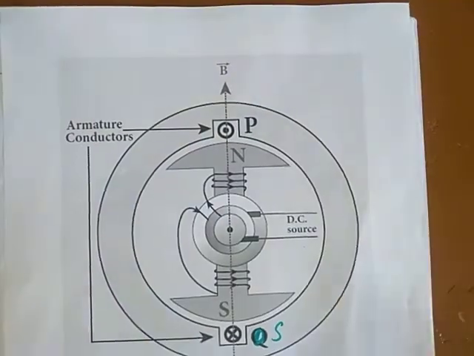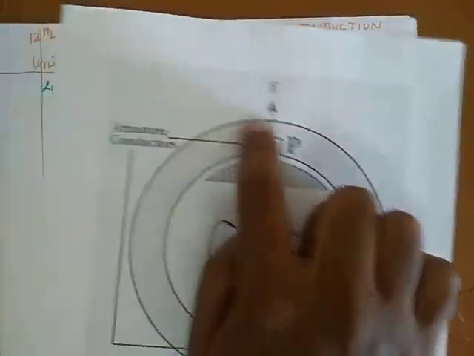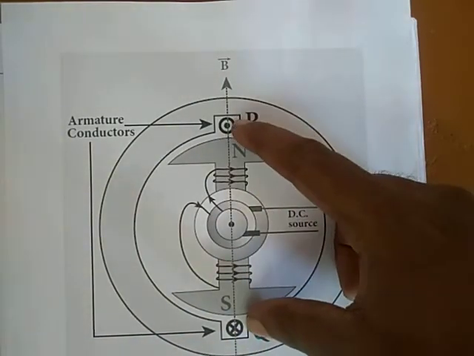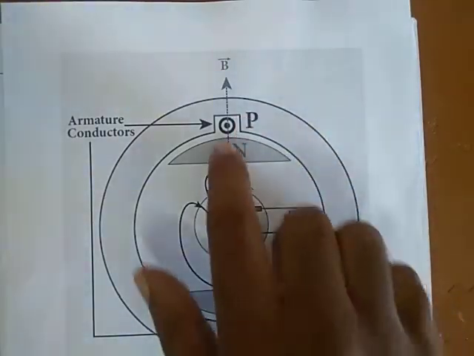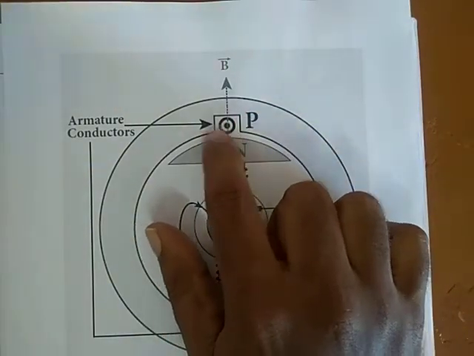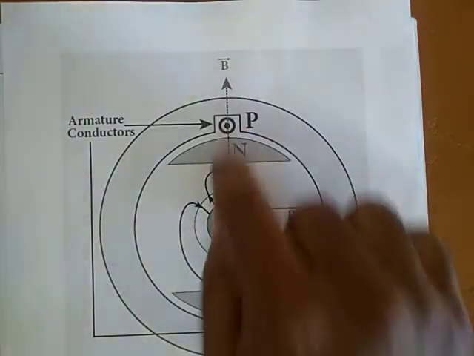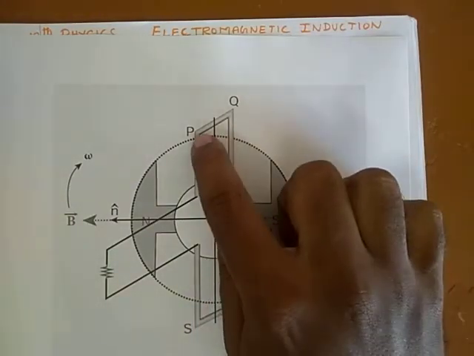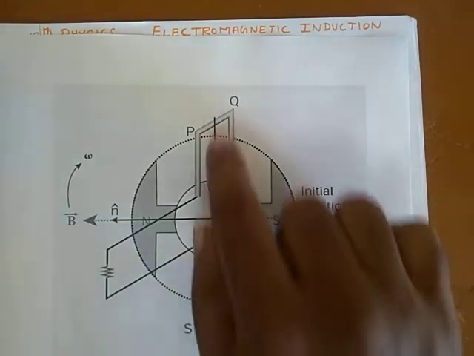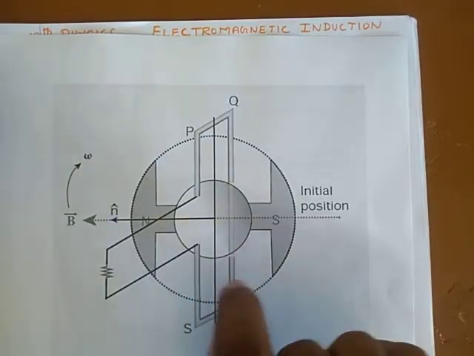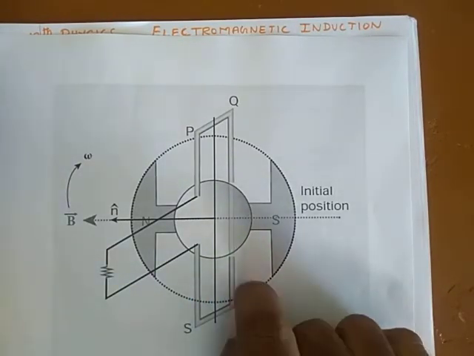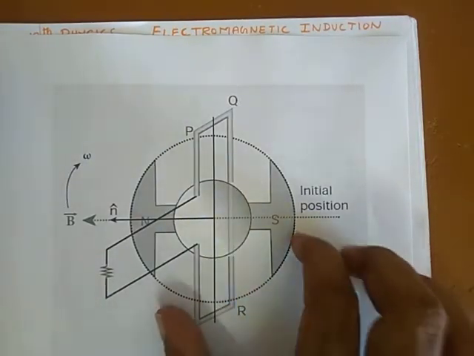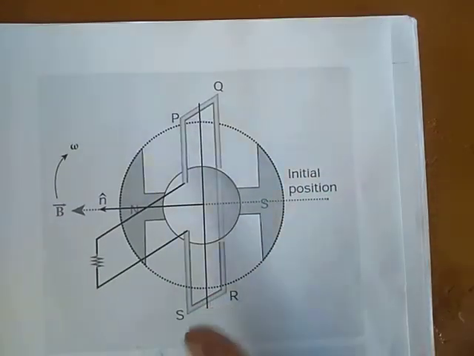See, this is a stator core. In that stator core there are two slots. Those slots are for the armature winding. Here I place conductors PQ and RS. These two conductors are connected in series and form a single circuit. Then it will generate an EMF that is single phase. Hence this generator is known as a single phase generator or alternator.